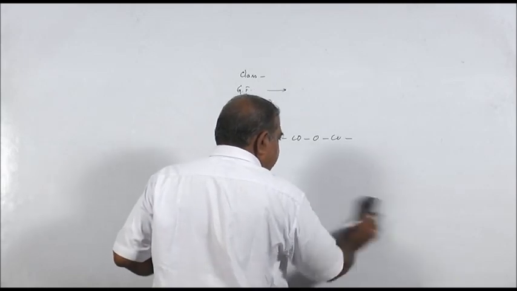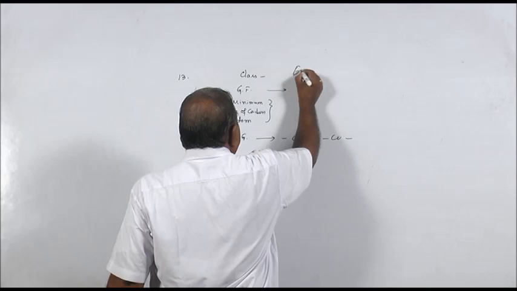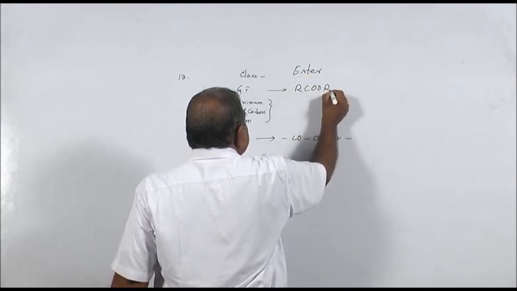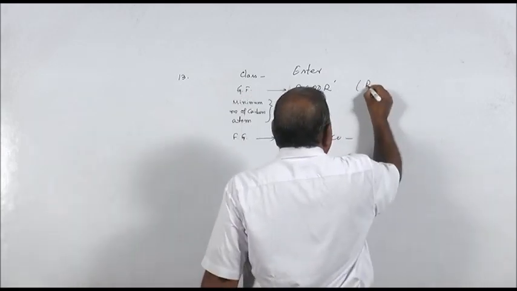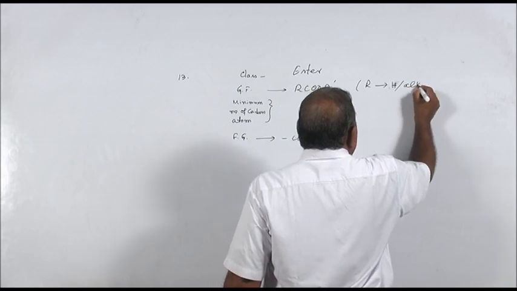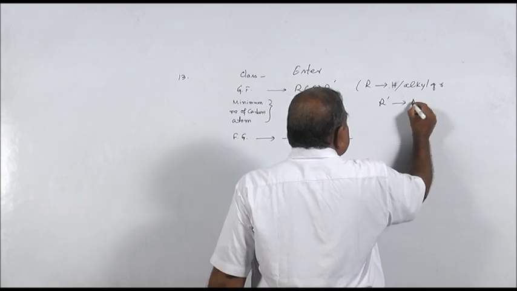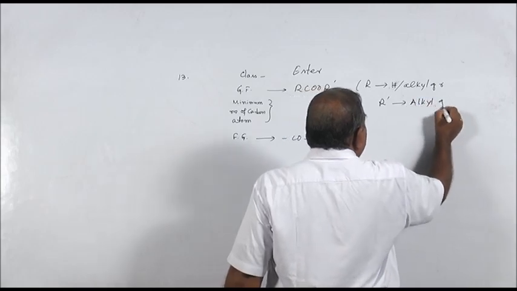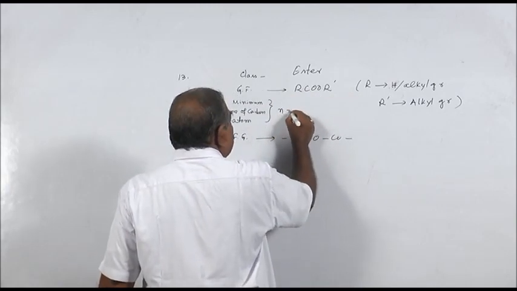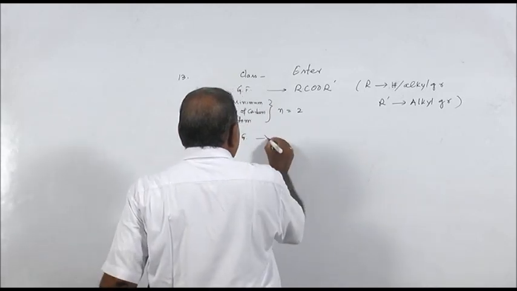Next is number 13, ester. General formula RCOR dash. Here R can be hydrogen or an alkyl group, but R dash is an alkyl group, most certainly an alkyl group, it cannot be hydrogen. N value will start with 2. Functional group is your